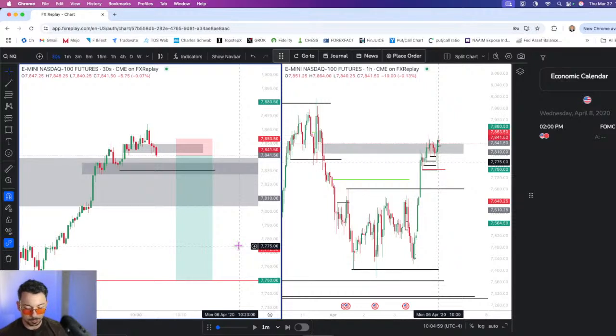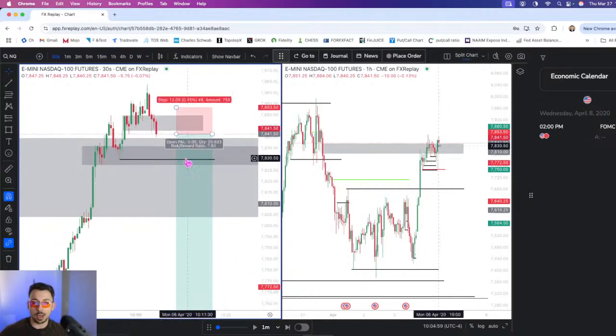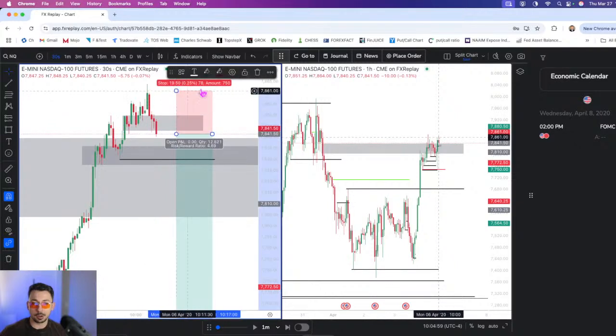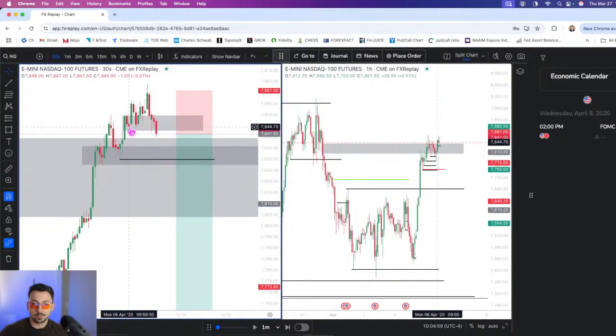Again, guys, it's going to sound repetitive, but my model's repetitive. It's the same thing happening over and over again. This model basically allows me to move my stop to break even very quickly, and it keeps my stop loss very quick. Right? I know if we start trading up here, I'm completely wrong.